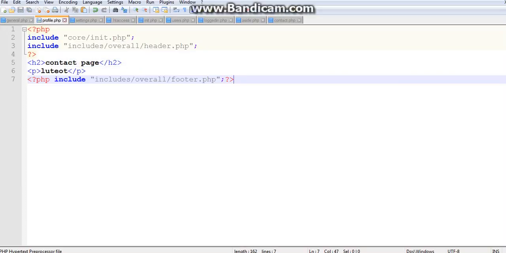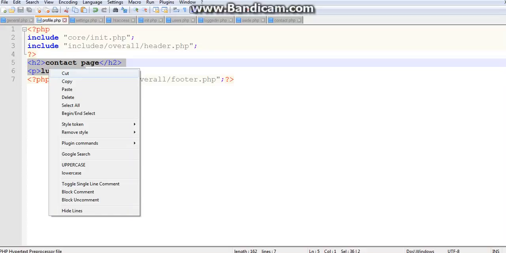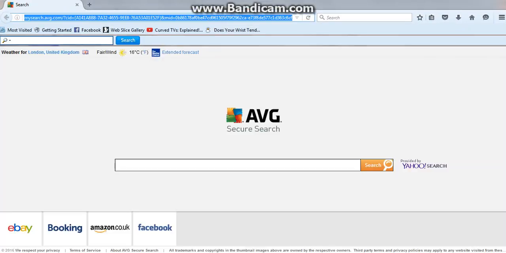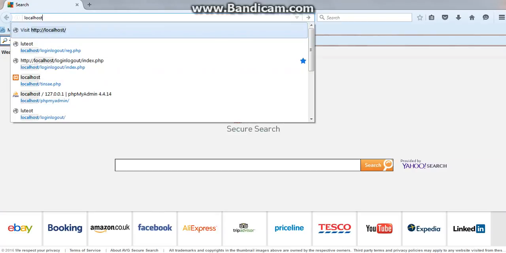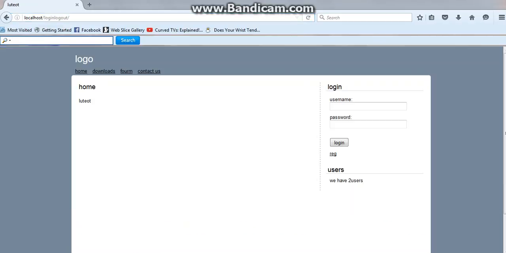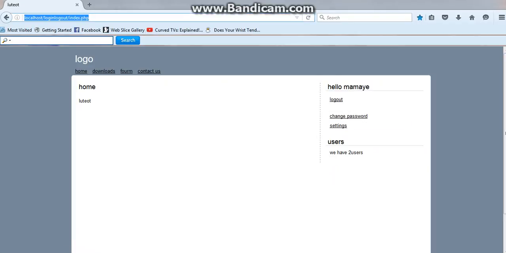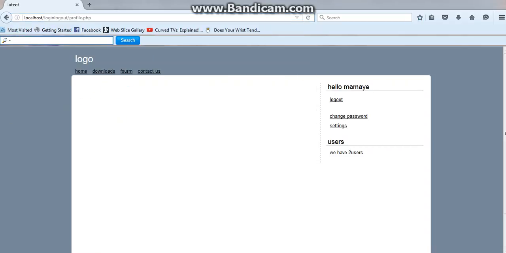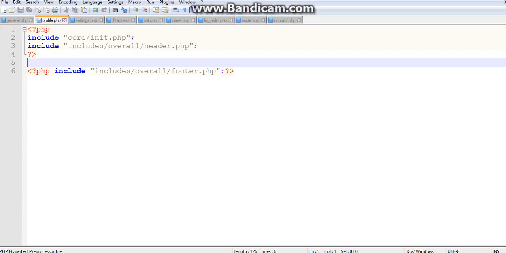If I remove this part and come to my project again, it's going to be on localhost, login-logout is my project name. So if I come here, logged in, and go to profile.php, this is a new page that I have created now. It is an empty page. I've got all the templates, but it's empty here. So what I will do, I will use a GET